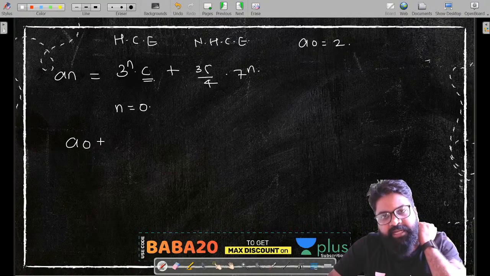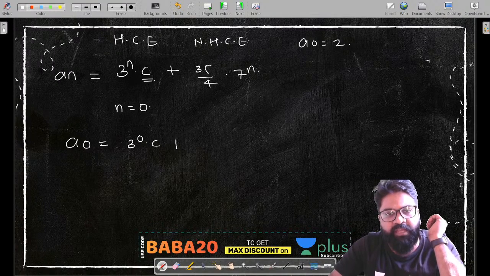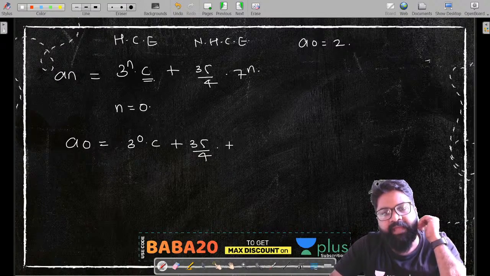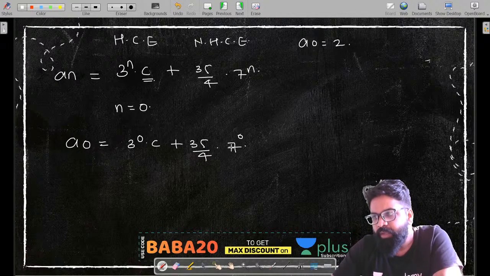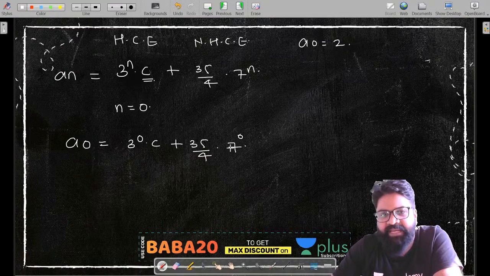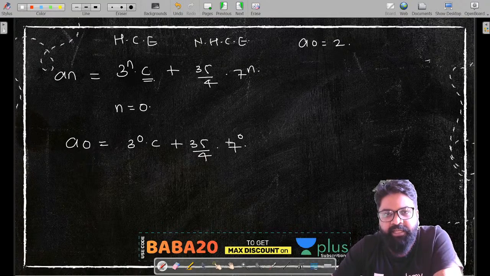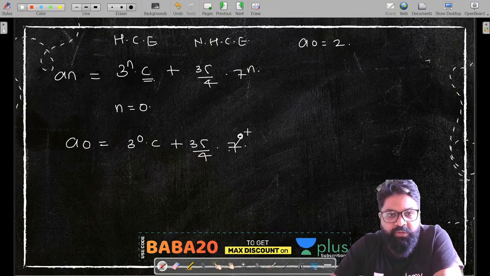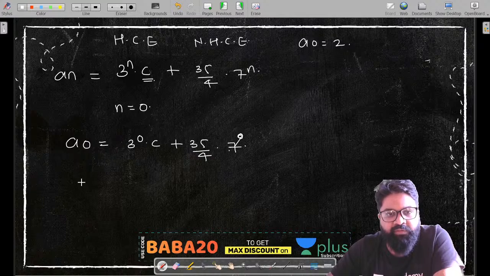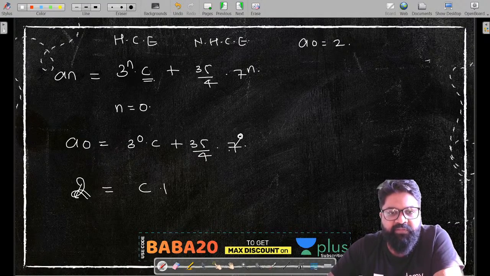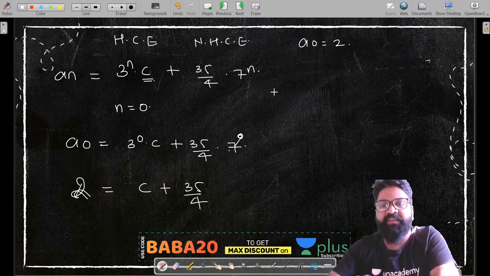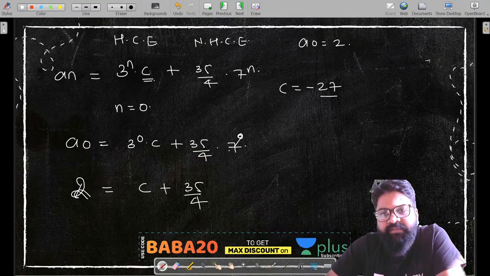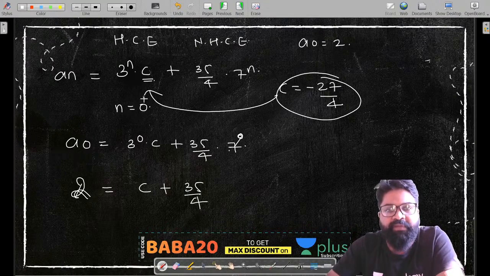So now if I substitute the value n equals 0, I will be getting a of 0 equals 3 raised to 0 times c, and then this one will become 35 by 4, and then here I will be getting 7 raised to 0, which will become 1, yes or no? So 7 raised to 0 gives 1, and 3 raised to 0 gives 1. So this is 2, this is 2, then this is c, and then 35 by 4. If you calculate, you will be getting c as basically minus 27 by 4. Now if you try to substitute the value over here, you will be getting